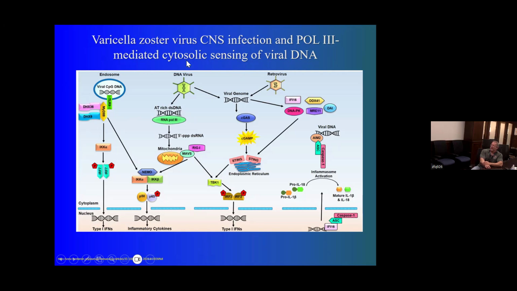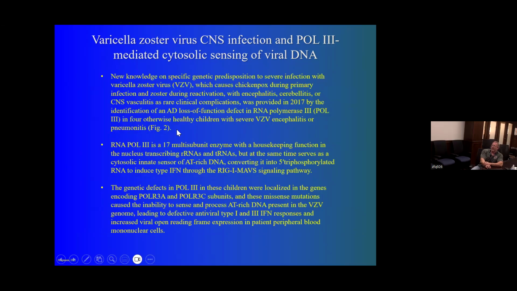And because we don't see the cytosolic sensing of the viral DNA occurring, this leads to a dramatically different type of viral infection and a dramatically different outcome for the host compared to what we would normally see in an individual that does not have deficiencies in RNA polymerase 3. And when genome sequencing was done to try to identify specifically what was happening, what was found is that RNA polymerase 3 serves several housekeeping functions in the process of making proteins, in the process of converting RNA into proteins.